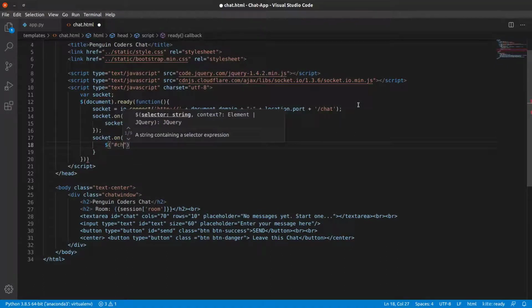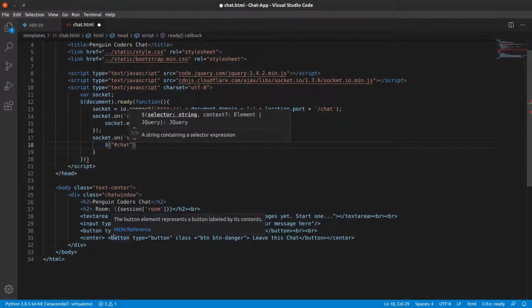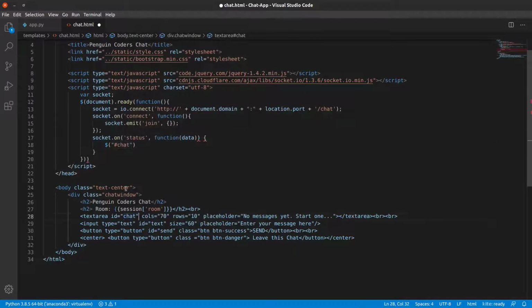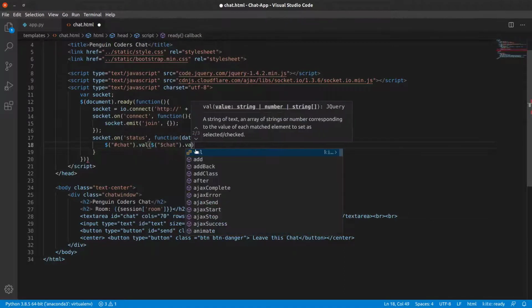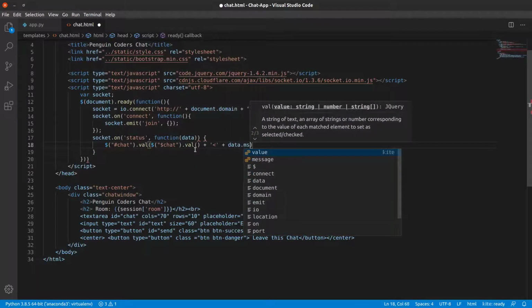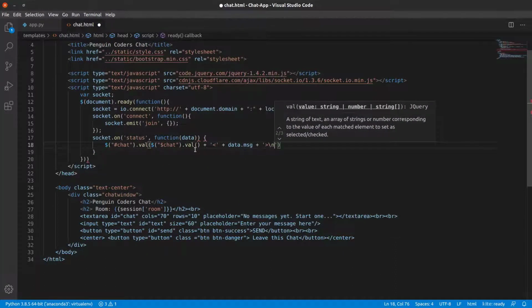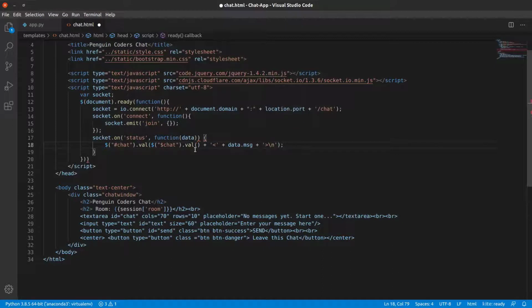So the chat is actually this text area, chat.val plus data.message. So it basically writes whatever you have written on the text area, it copies that and sends it to the other computers to which the user is connected.